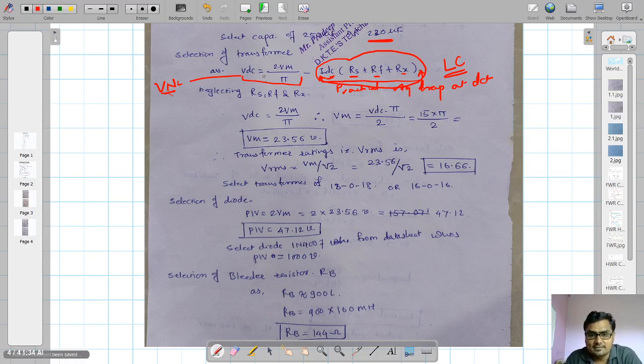We have to subtract this practical voltage drop from VNL. If I am getting VNL exactly 12 volt, then it is not 12 volt exactly. You will get 11 volt because 1 volt is the voltage drop across RS, RF and RX. Across these small resistors there is some voltage drop, so we get the output voltage only after subtracting it. These small resistors take 1 volt, and the remaining 11 volt is available at the output. That's why I am writing twice Vm divided by pi minus this, neglecting this.